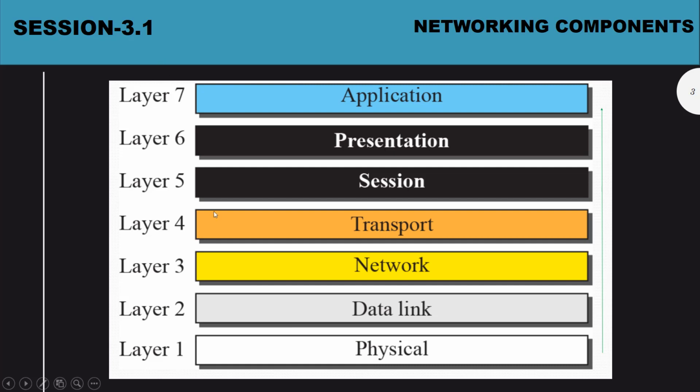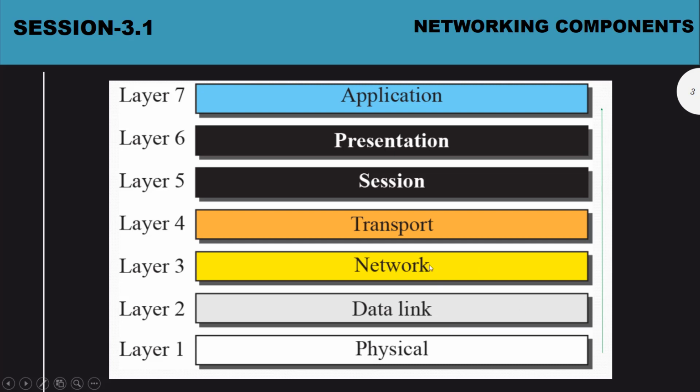So what are these layers? Maybe you feel confused. You got an idea about the OSI model, right? It just describes how data flows from one computer to another computer. But what are these layers? Why does the OSI model consist of these layers? Come on, let's dig into it. The physical layer completely consists of wires, hardware. The data link layer also consists of hardware related things like switches. Those kinds of devices will be there.